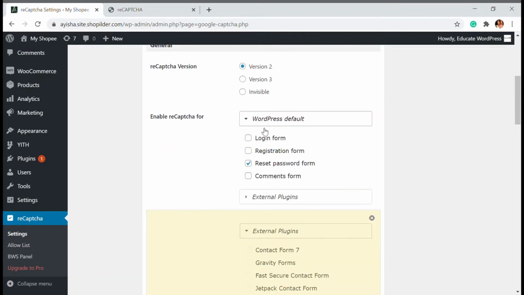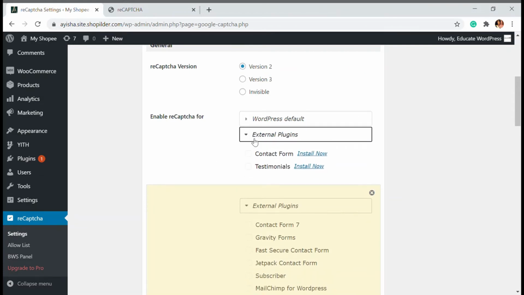Then you can enable the CAPTCHA on your login form, registration form, and comment form. Basically, the login form is where the customer logs in, or you log in, especially on the WP admin page. Then there is the registration form, when a new user comes to your website, if your website requires logging in, if you have a WooCommerce website to be specific. Then there is the reset password form also, which is very important. Then there is the comment form. You must have a contact form which enables the comment setting, and these are the WordPress defaults.